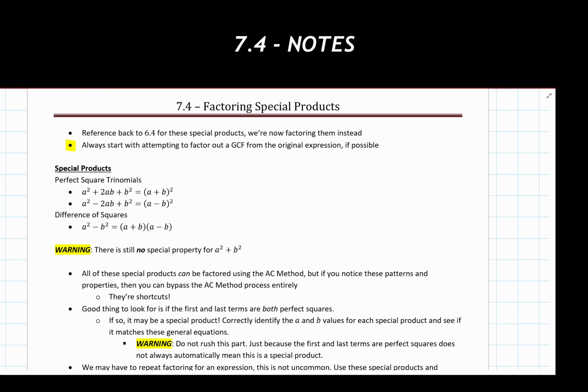Now the main special products that we are going to look at are three that are listed here. We have two different types of perfect square trinomials. Actually, we'll do that in a different color here just to keep consistent with what we've done in the past. And then we have what's referred to as the difference of squares. So these are the three that I recommend having written down for yourself. Make notes on them and have them memorized. Me personally, I think the difference of squares is by far the most important one to have of these three written down and memorized for yourself.